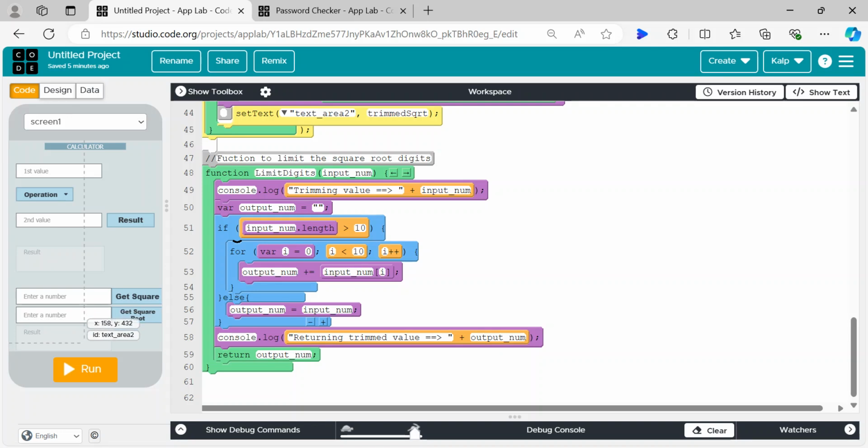That's the input number. Now if the length of the input number is greater than 10, then you do this. I'll explain what that is, but first understand the else. If the length of the input number, which is the result, is already lesser than 10, then we don't change anything, which is basically that output is equal to input. Which means no change. But if it's greater than 10,